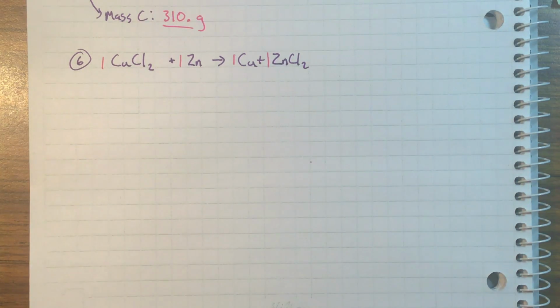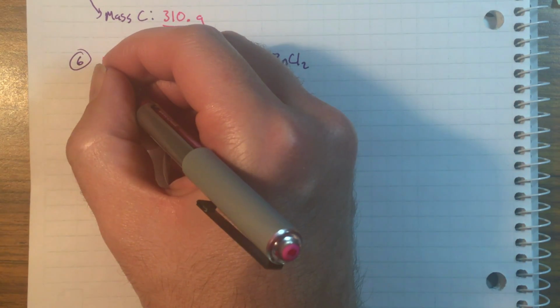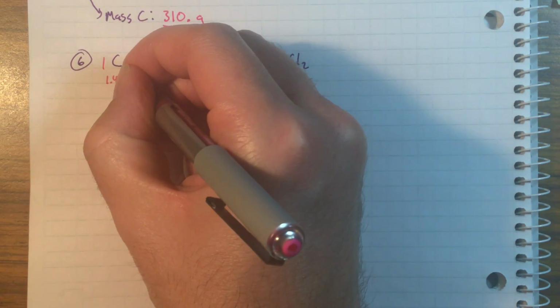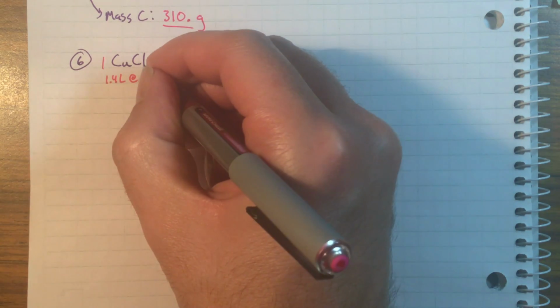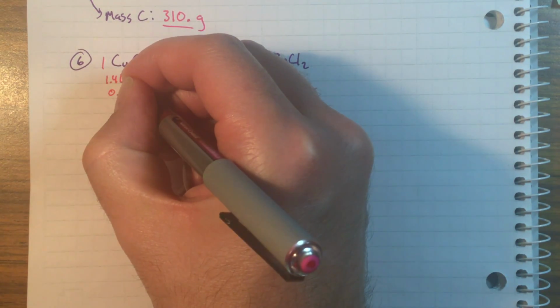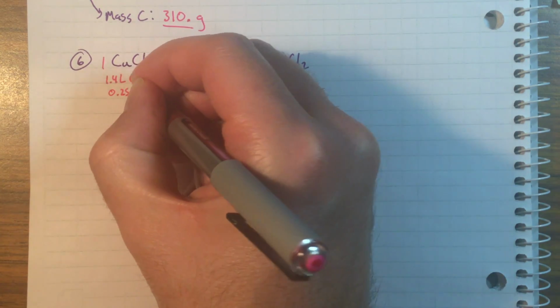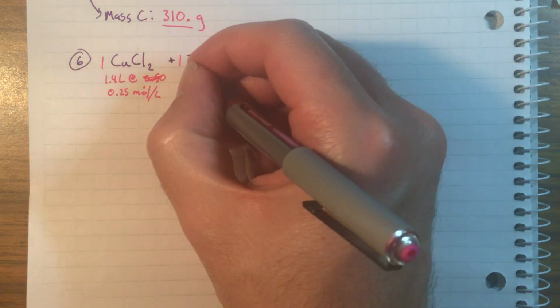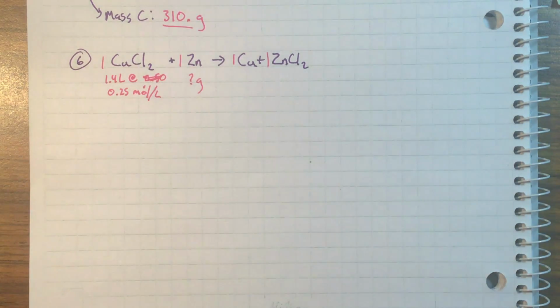Now we have a concentration of this guy. We've got 1.4 liters at 0.25 moles per liter, or capital M. And we're trying to figure out how many grams of zinc we will need in order to make this reaction